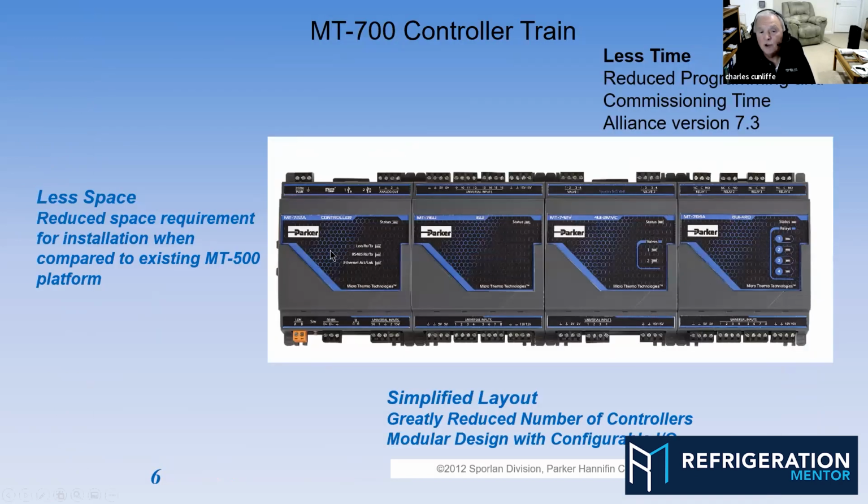Imagine this, you got the 722, and then I can add 10 more nodes onto that. Yeah. So now when you jailbreak this and you use the EMPC, you have, ye gods, all kinds of inputs, all kinds of relays that you can purpose for what you want to do. But the cool thing is, if I had to do this with 10, 11, or 12 500s,